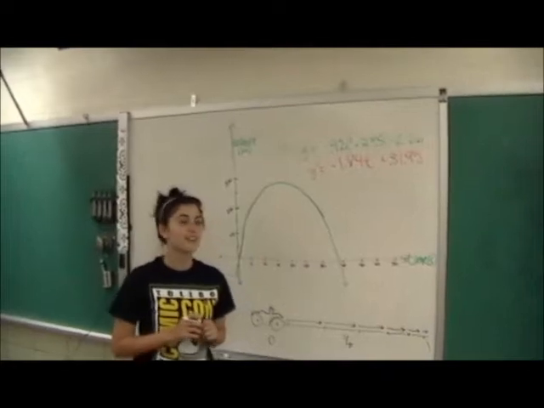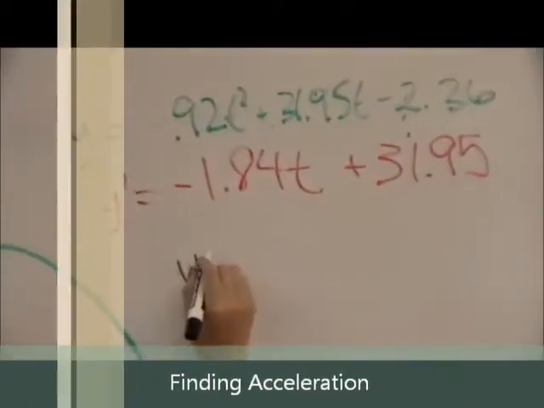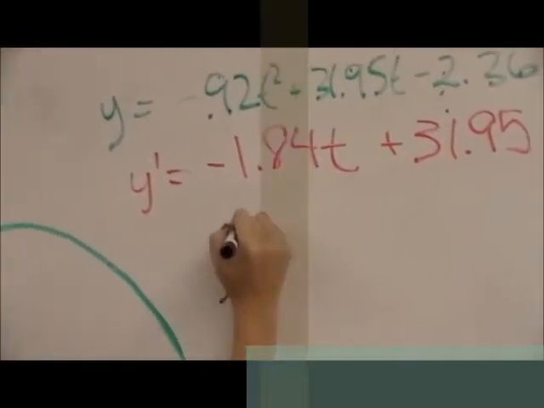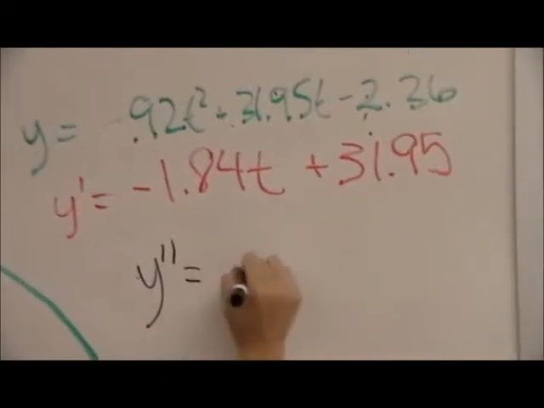Okay, to find the acceleration, you take the derivative of the velocity function, and that is the second derivative of the first function. But to take the derivative of the second function, you just take the derivative here, and that is negative